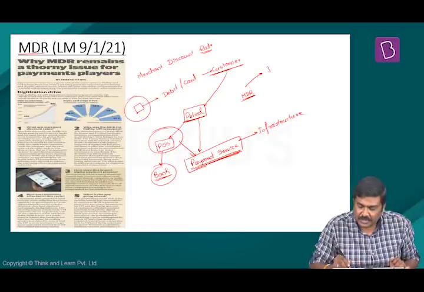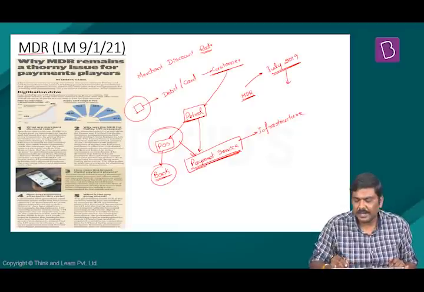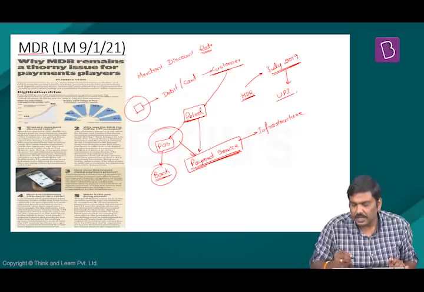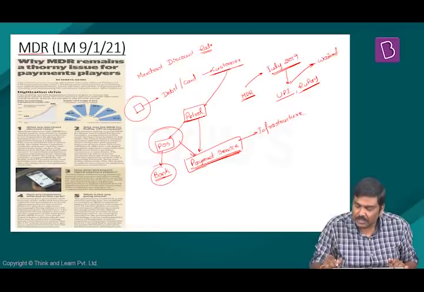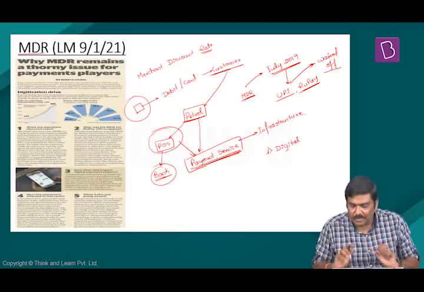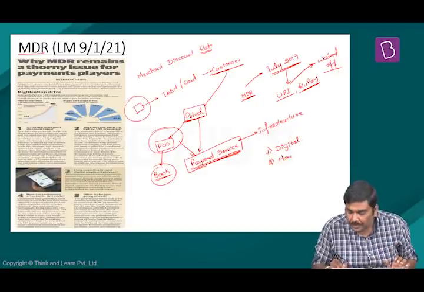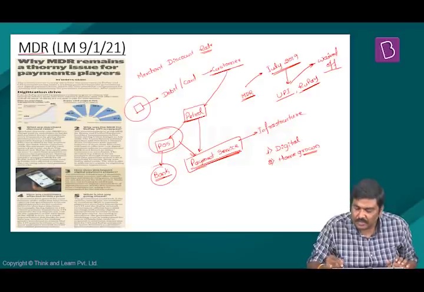Now, in the budget which was announced in July 2019, Government of India basically stated that the MDR which is applied on UPI transaction as well as a RuPay card transaction, these charges will be waived off. This was done in order to promote, one, digital transactions in India so that tax evasions will be reduced. Second, in order to promote homegrown, that is domestic companies which have generated these kind of technologies such as UPI